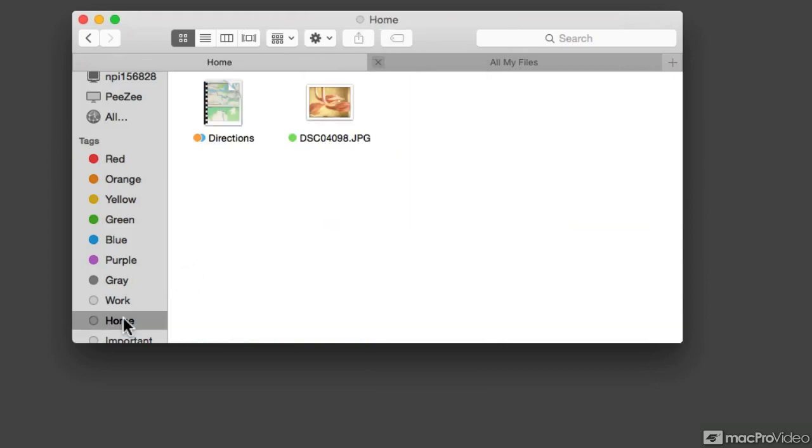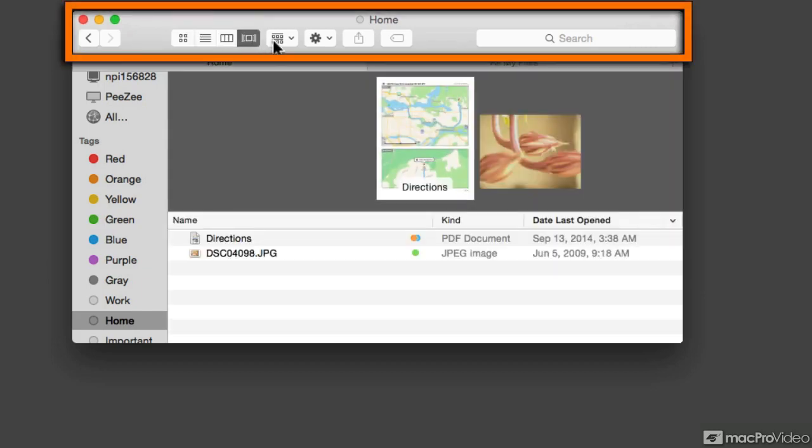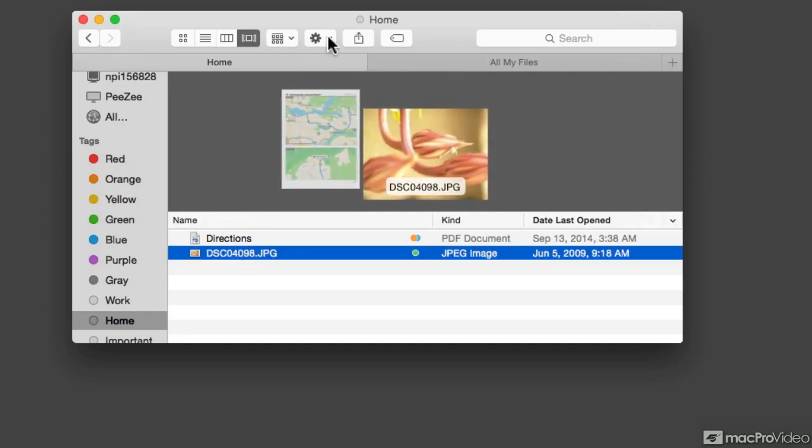Since we spend quite a bit of time working on the Finder windows, there are different ways that you can customize the way the contents of a window appears. And you do that from the toolbar up here at the very top. Not only changing the way things appear, but also performing different kinds of actions on the objects that are on